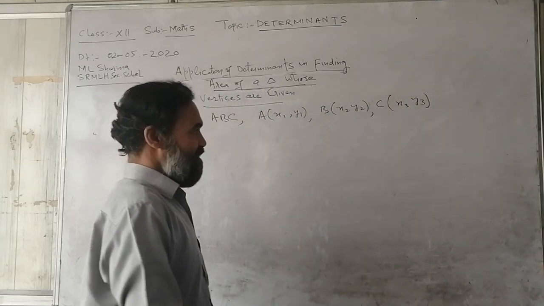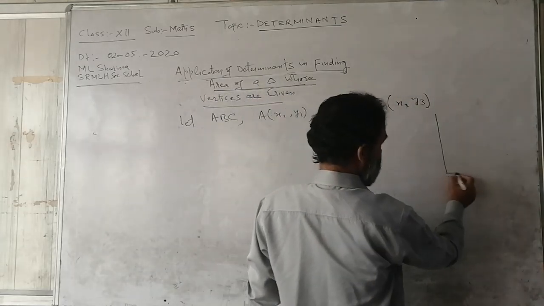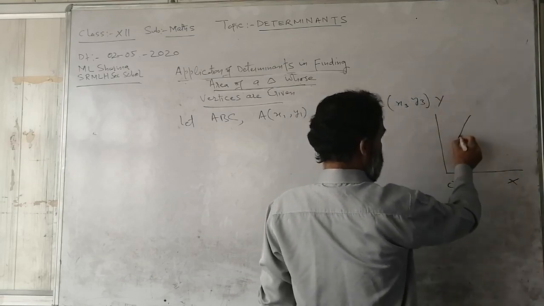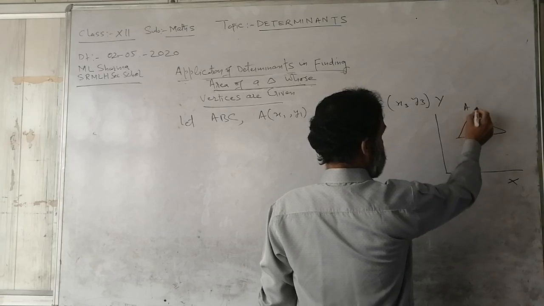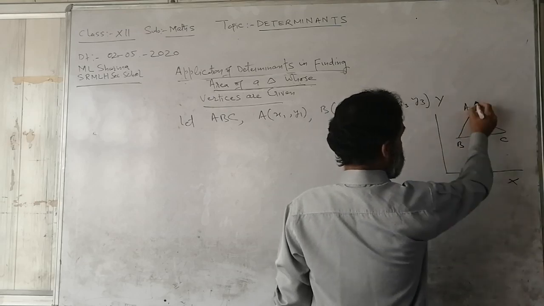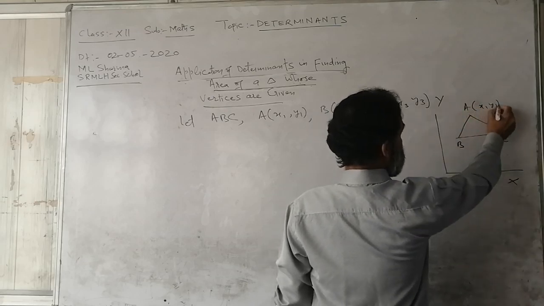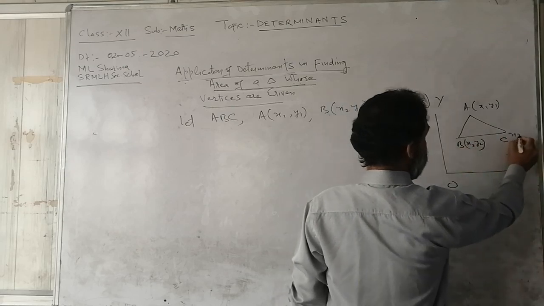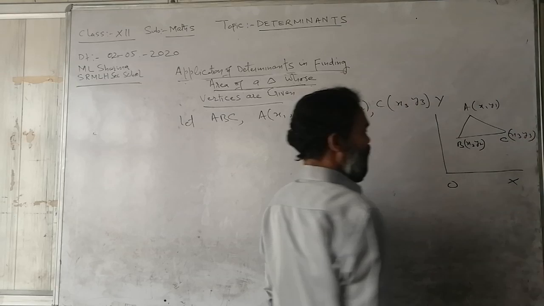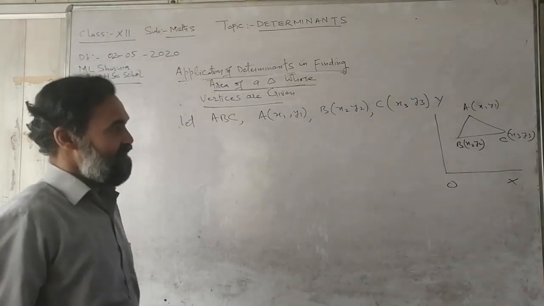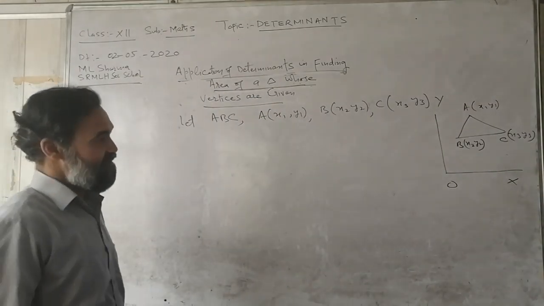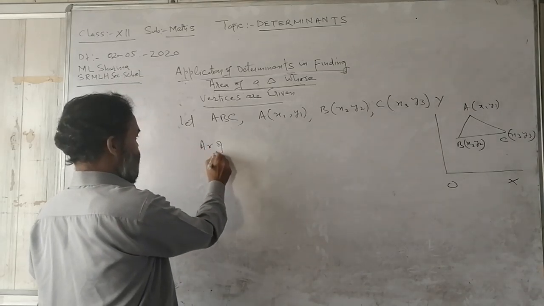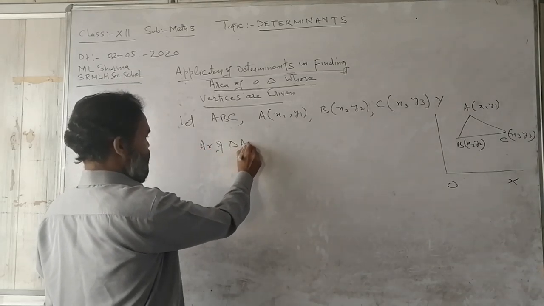These are the vertices of a triangle in the x-y plane. I have to calculate the area of this triangle. So the area of triangle ABC